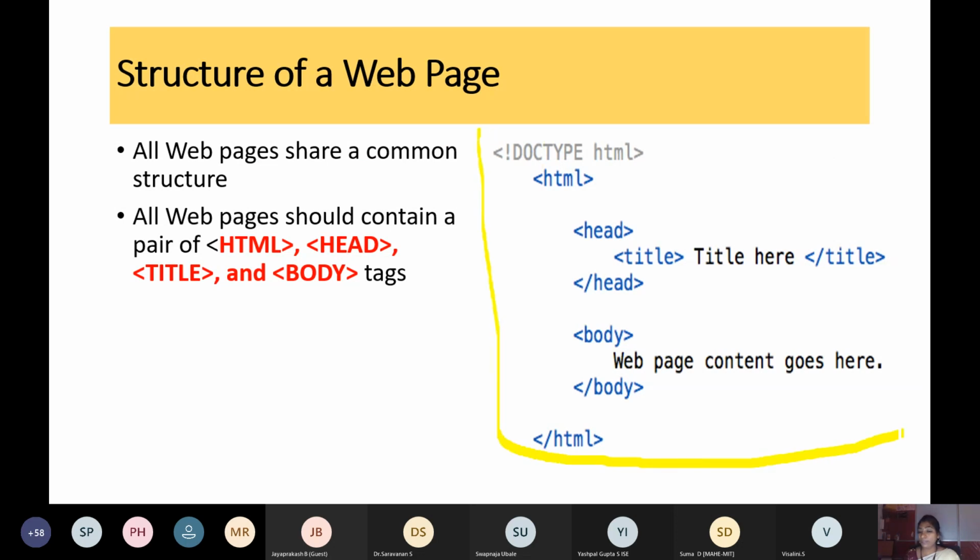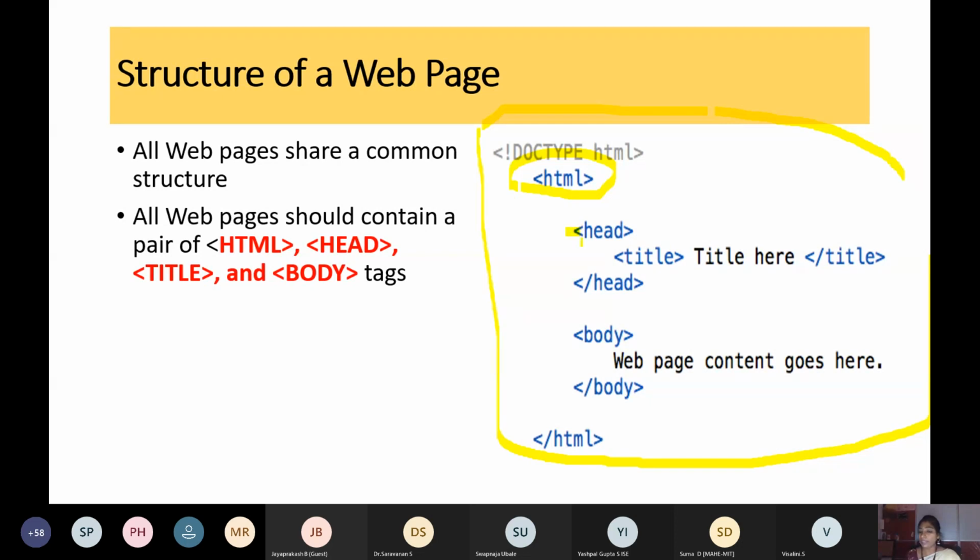In HTML, everything we will be calling a tag. So we have an HTML tag. Most of the tags are paired tags. You have a start tag and we have an end tag as well. Some tags are standalone tags. Most of the tags are paired tags where we have a starting tag and an end tag.